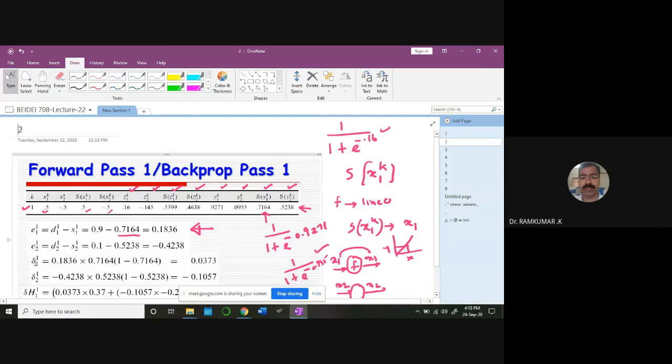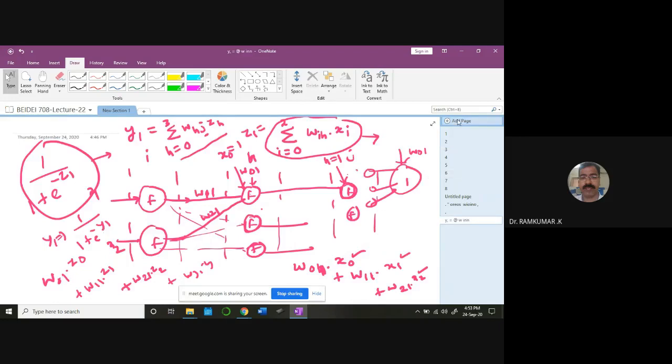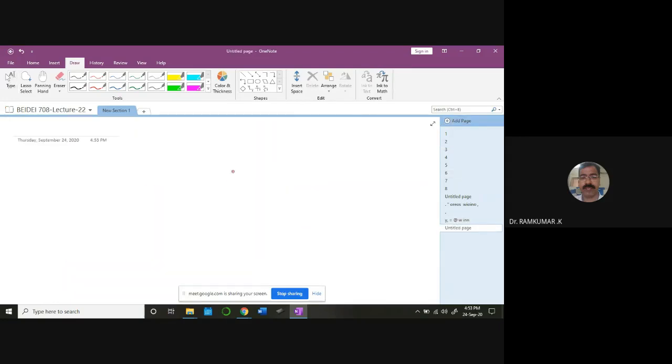Then you compute the delta 1. For the output neuron, you need to compute the delta 1. How do you compute that? Can you recall? Error into the derivative, the derivative of that exponential. How do you compute the delta for the output neuron? How many deltas will I be getting at the output node now? I got 2 outputs, output y1 and output y2. I'm passing them through the sigmoid function, s of y1 and s of y2. So I have computed error 1 and error 2.